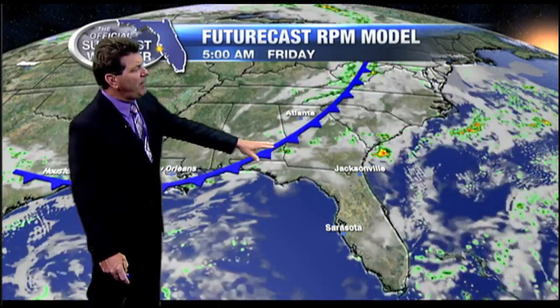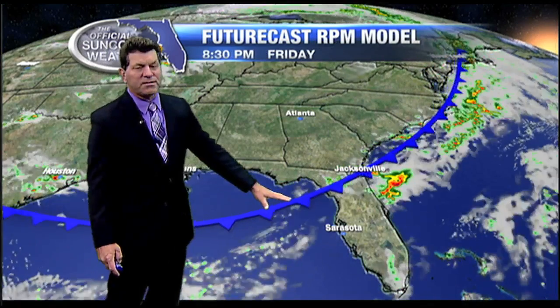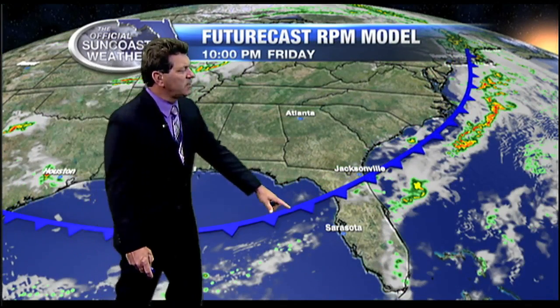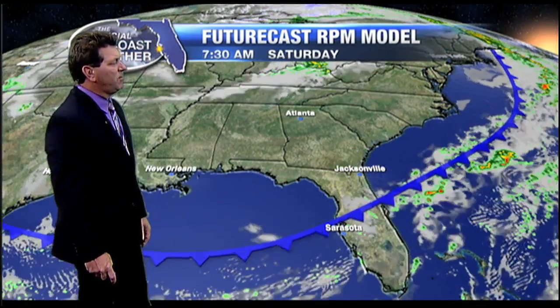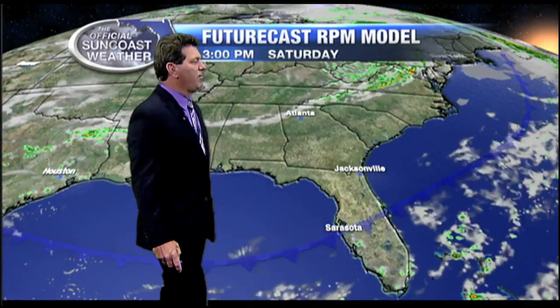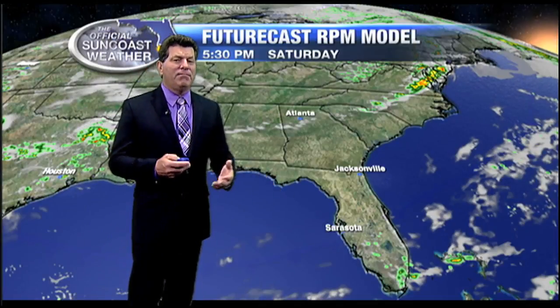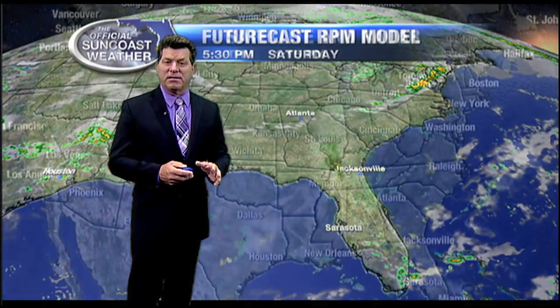Well, here comes the front. Not much rain associated with it. It will come down and then eventually settle over north central Florida. A few showers along the east coast. I mentioned a few inland showers are possible over the weekend due to the fact that this front will kind of weaken that area of high pressure to the east of the state. But then it will build back in rather quickly. By midweek to late week next week, we'll start to see showers and storms developing similar to our summer pattern,